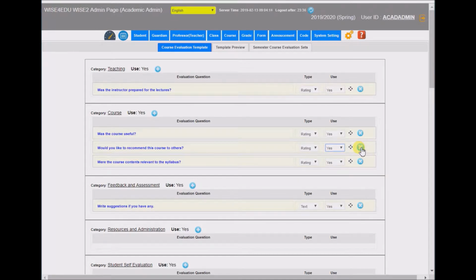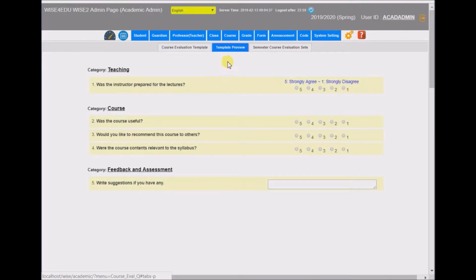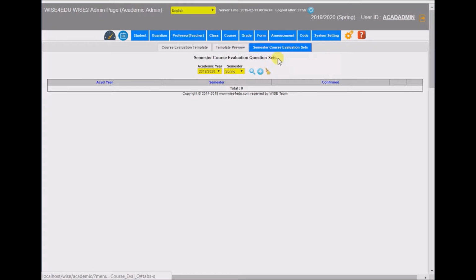If you no longer need this question, you can just delete it. Even though you delete this question from the template, it will not affect the actual created question set of the semesters. So after you finish adding questions to the template, you can preview. Then if everything looks okay, finally you can create the semester's